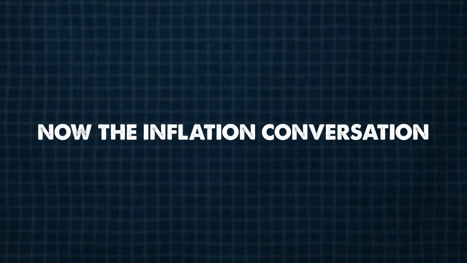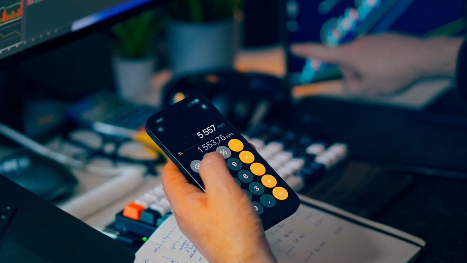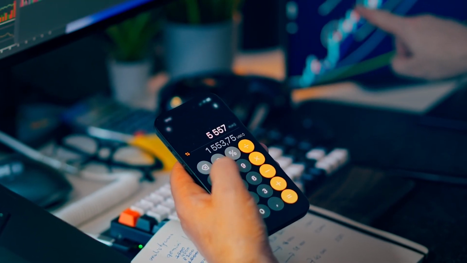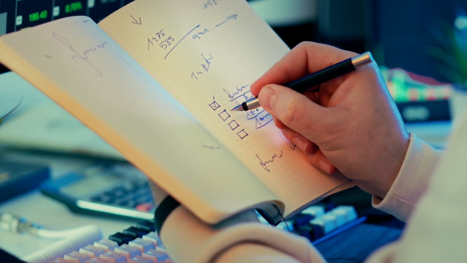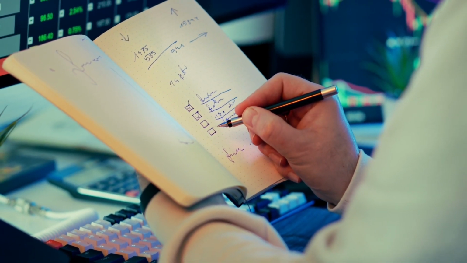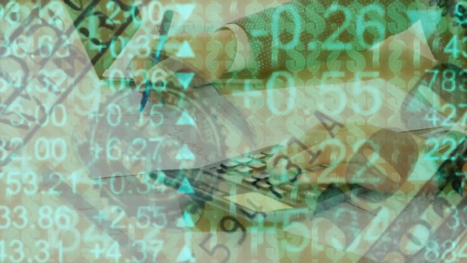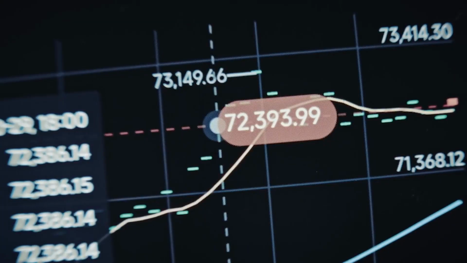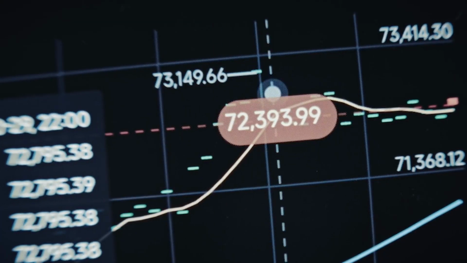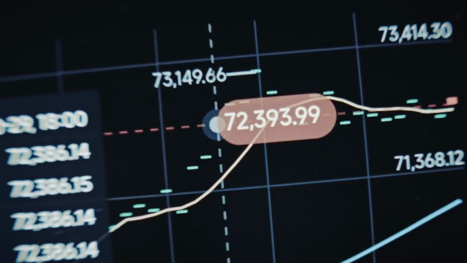Now the inflation conversation. $947,000 nominal dollars in 2066 is not the same in today's purchasing power. At 2.5% annualized inflation over 40 years, the real purchasing power discounts to $353,712. At 3%, $290,495. At 4%, $197,379. Even at 4% sustained inflation, real purchasing power vastly eclipses the $73,000 nominal contribution.